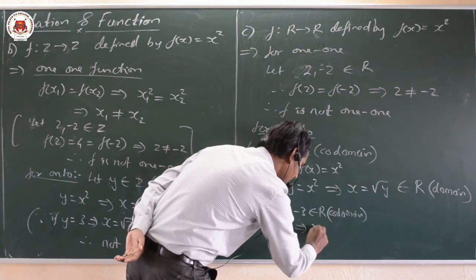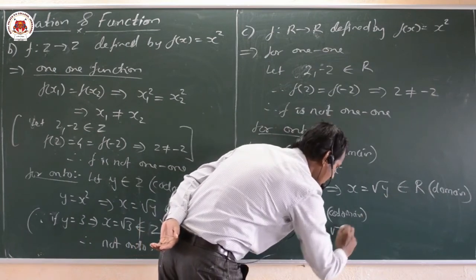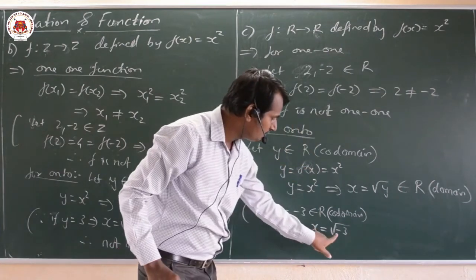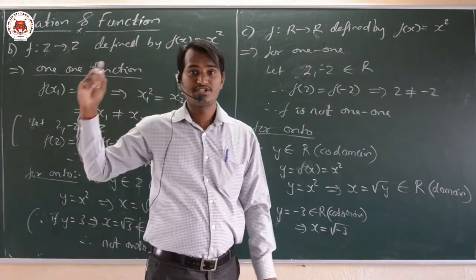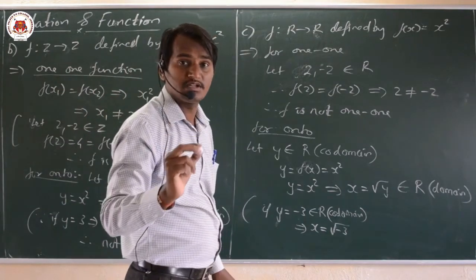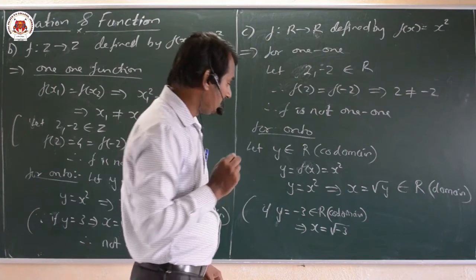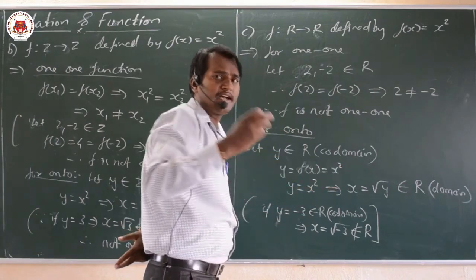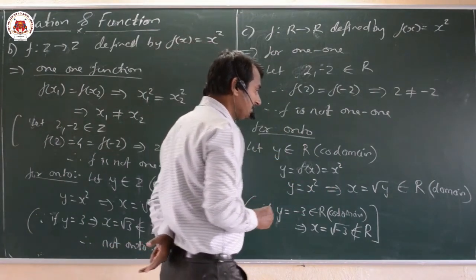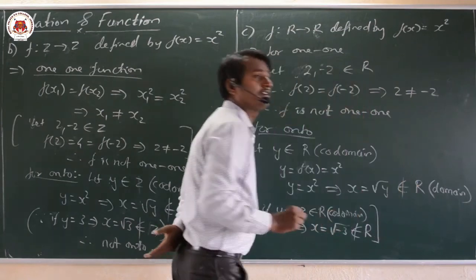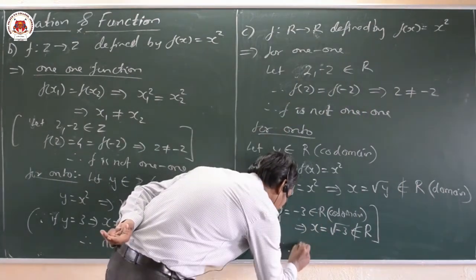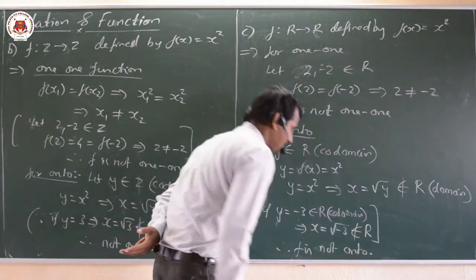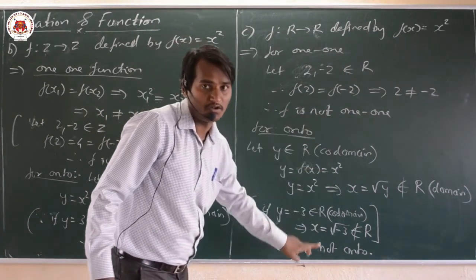Now that implies x value what we get? x equal to root of y, which means root of minus 3. Now what is the value for root of minus 3? We have to go back to our first year. That is nothing but root of minus 1, our complex number. Therefore it does not belong to the real numbers because complex numbers are another set of numbers. Therefore x equal to root y does not belong to R. So therefore f is not an onto function. So here we can observe that it is neither 1-1 nor onto.